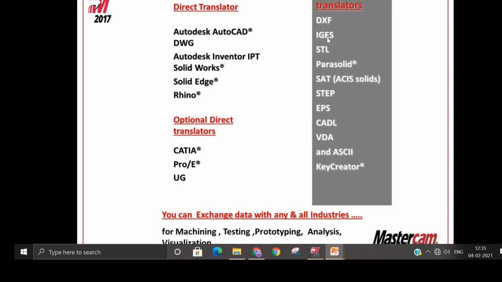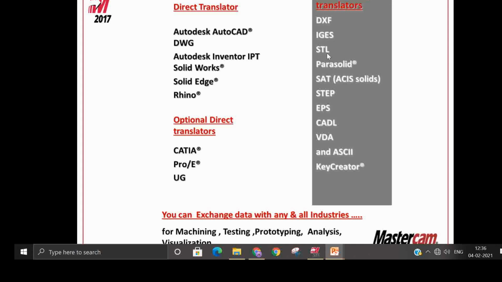IGS file is the Initial Graphics Exchange Specification. With this IGS file, you can bring any surface model inside Mastercam. So DXF, data exchange format, is used for 2D data conversion, and IGS file is for bringing the surface model inside the software.